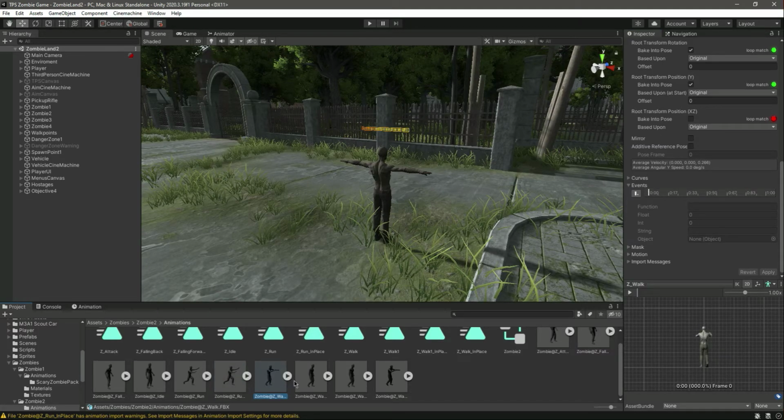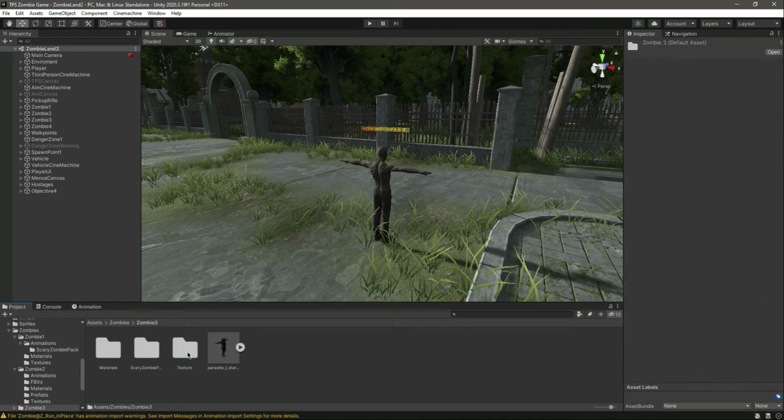So after the run in place we have the walk, and then this walk, which is really slow walk. Okay, then we have that walk and this walk as well, and then this walk, but we don't want the walk, we want just this zombie to run, and we have added that. Now let's go inside the zombie 3,